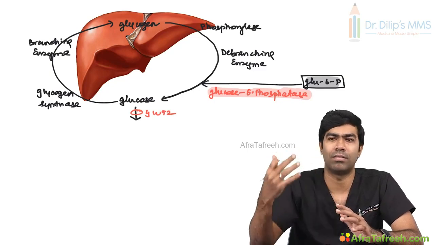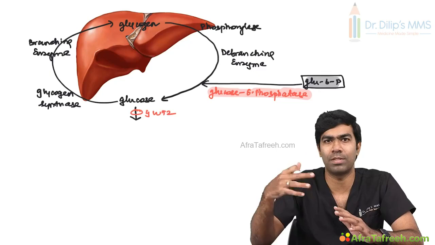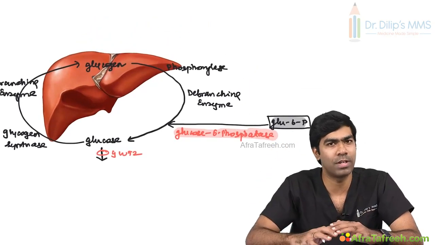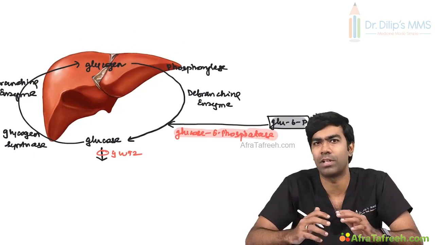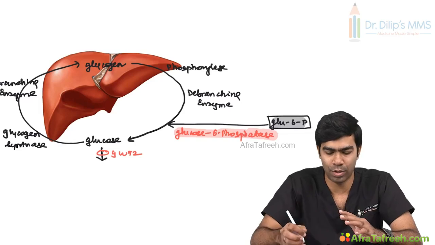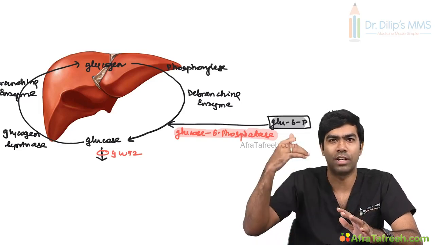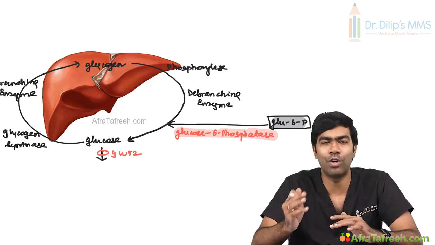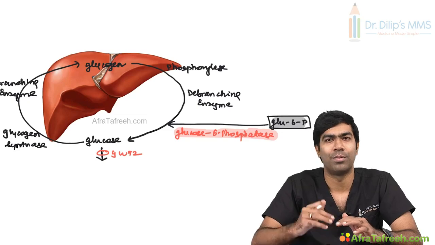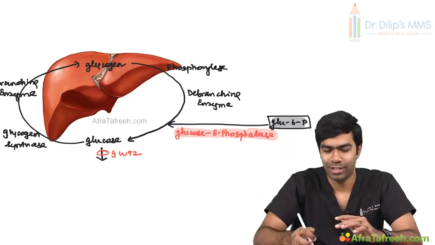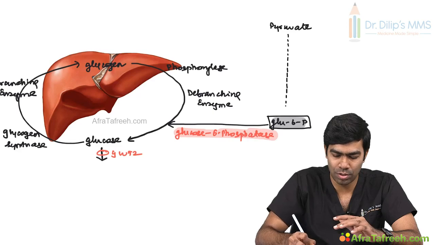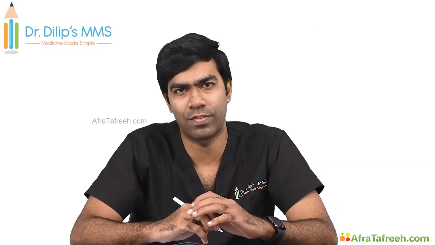But as the fasting or the hypoglycemia gets prolonged, if the glycogen stores are getting depleted, of course, gluconeogenesis becomes really important, which also is going to end up at the glucose 6-phosphate step. Let us see how it's going to end up. We know in glycolysis, glucose is going to produce pyruvate. But in gluconeogenesis, we are going to produce glucose from pyruvate. So pyruvate is the major substrate here, which is going to produce glucose, but of course through glucose 6-phosphate,